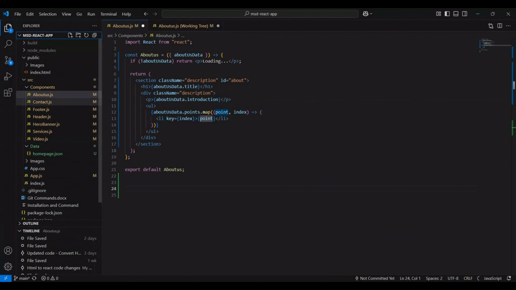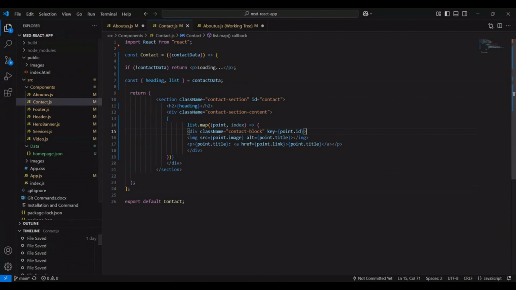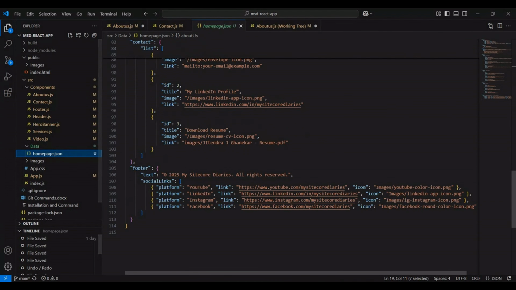Now we will see how contact.js is changed. As I explained, first of all we have passed the prop here, contact data. In this line, we are checking whether contact data is not null. If it is null, we show that the component is still loading. Then we have read the values from the contact data. What are those values? If you go here to contact data,